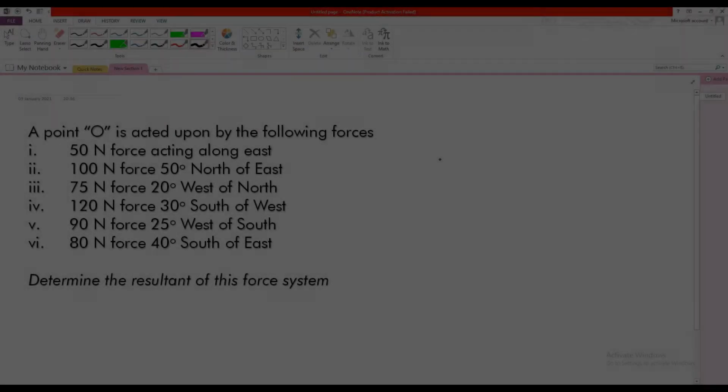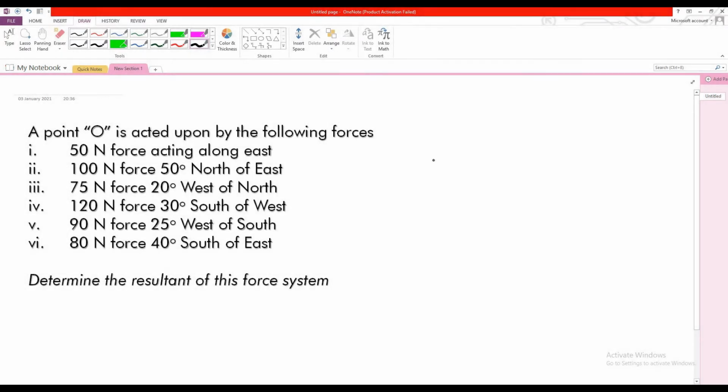So in this specific problem, we have been provided with some data, and from that data we have to derive a diagram. We have to conclude a diagram so that we can solve the problem of determination of resultant. Whenever we say a resultant has to be determined, then we should have a force system positioned in those specific quadrants on the axis system or a plane.